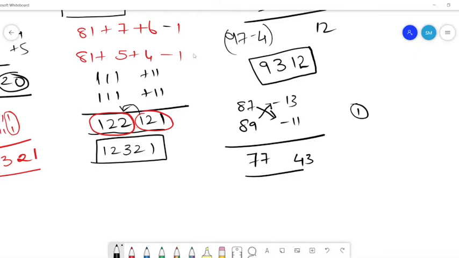Case 3 is one number greater than 100 and one number lesser than 100, but both numbers are close to 100. For example, 105 into 93. One is greater than 100, but close. One is lesser, but close. For that also, I think we have a similar technique. Yes, we do. For that, on one diagonal you need to add, and on the other diagonal you need to find the difference. And both results will be the same.